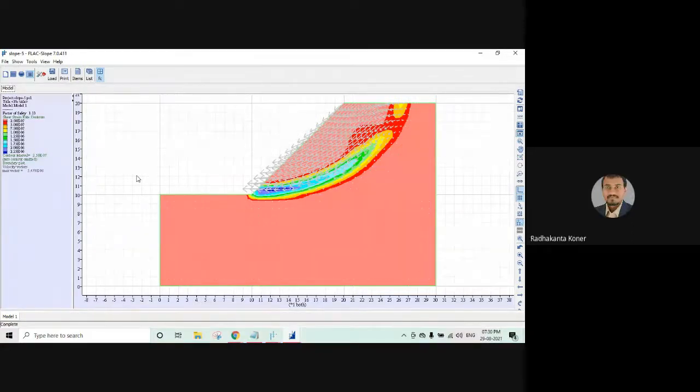Sir, in the previous model and in this model, we mostly took similar material properties, but in this case there is a difference. That is what I pointed out to Kapoor Chand. In the material property there is a slight variation, or else the factor of safety could not be 1 or greater than 1. So there is some mistake while putting the input. We tested it again in the morning.